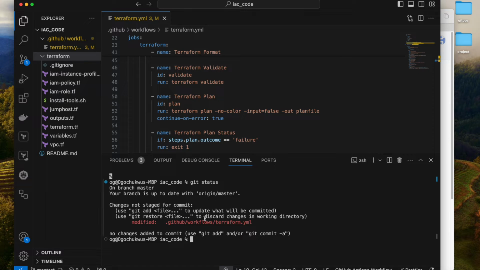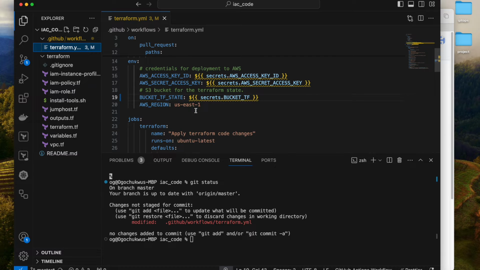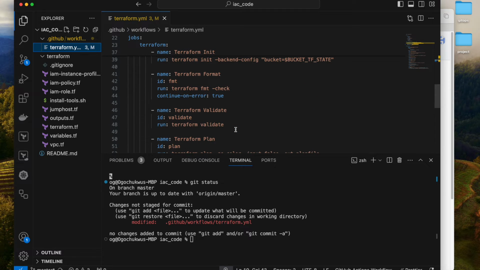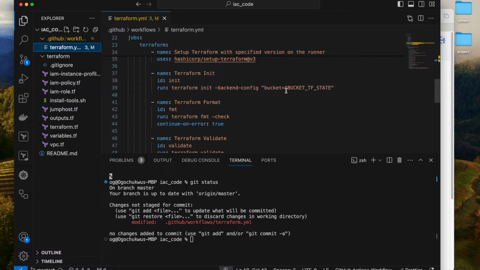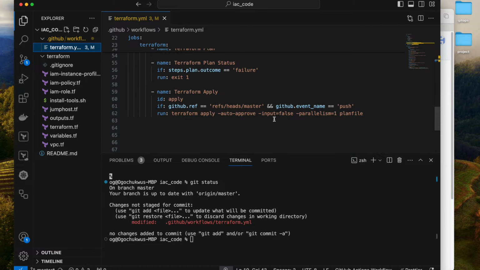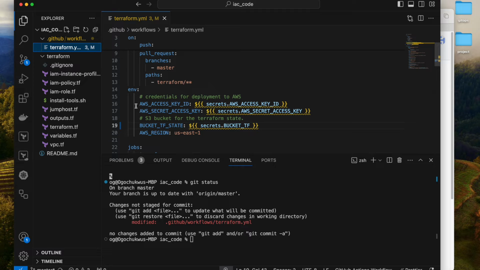Okay, there is some change here. Yes, because I changed the bucket name here. All these are not even used because I didn't use them. I used the bucket, so this is going to use the bucket on here. So yes, they are necessary. I think it's only the bucket that is necessary for this step. So our environments, we don't even need all these ones for now, but let's just leave it there and do